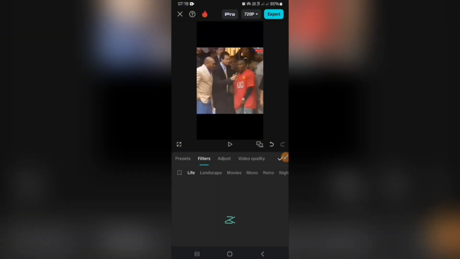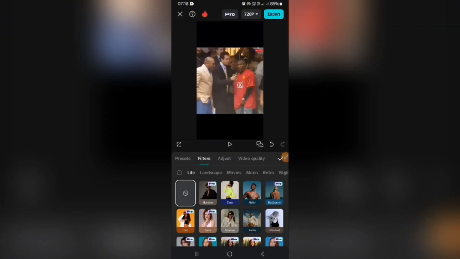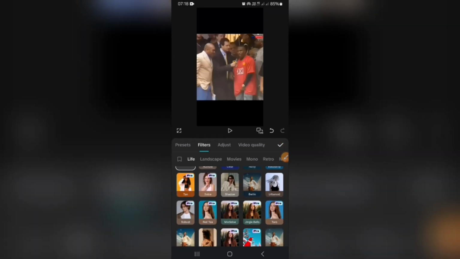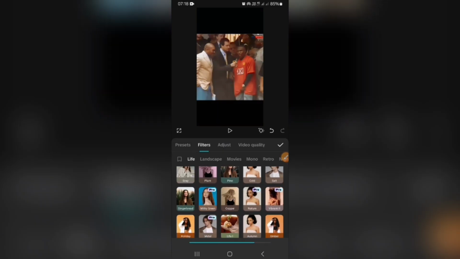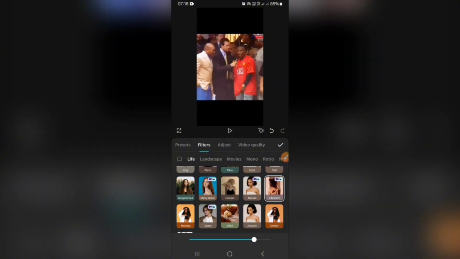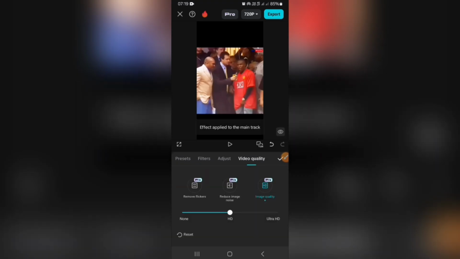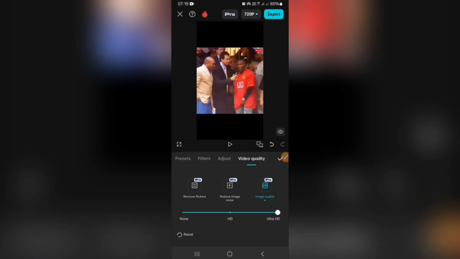So I'll just try another feature like filter. I'll just try one pro filter. Just apply it. Just quickly go through them to see the one that's okay. I think I kind of like that one. Oh, let's see another one. See another one. Okay, I think I'll just choose this one, and then I'll adjust the quality to